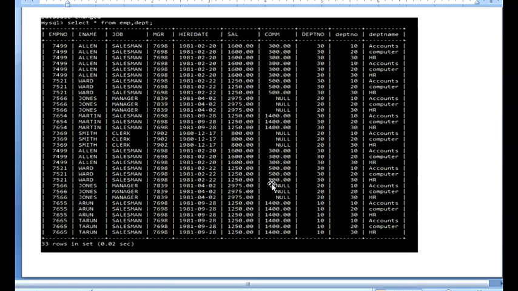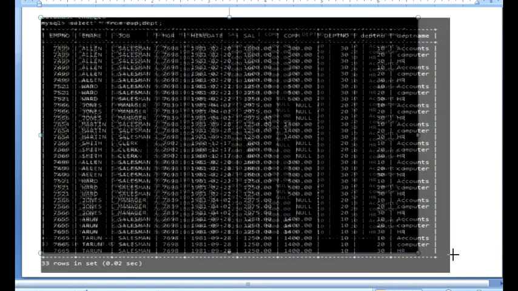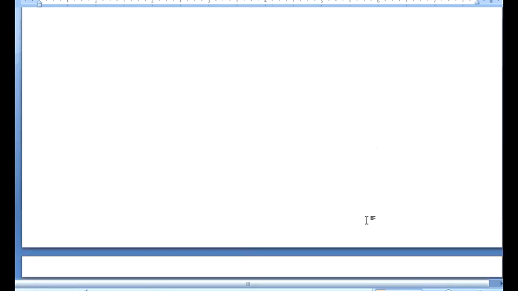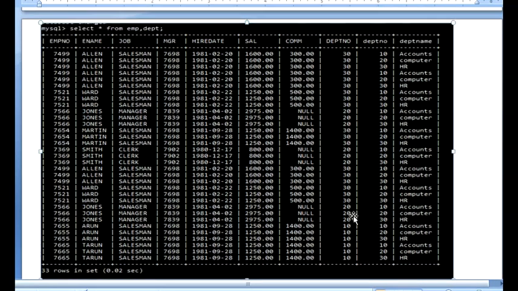But is this data authentic or accurate? Can we get the full information or correct details about a particular employee? No. Why? Let's see. Let us take the example of Tarun, the last row. Tarun is a single employee with employee number 7665.